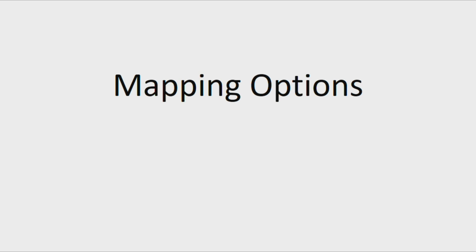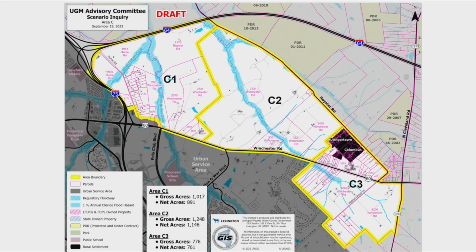Remembering that we've got a minimum and a maximum that we can achieve, and we can certainly help you go through those. So to get us started, we've taken the Area C, which is your preferred area going into the public input meeting, and sort of divided it along the lines of the properties that said yes and the properties that said no, creating 3 areas in this case. So C1 on the left, most of that said yes. C2 in the middle, most of that said no. And C3 on the right, the 2 large parcels said yes. The unusual inclusion in C3 is the rural settlement of Udingertown and Columbus, and we did hear some sentiment about that at the public input meeting as well.